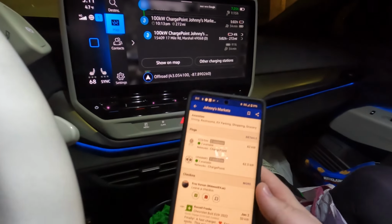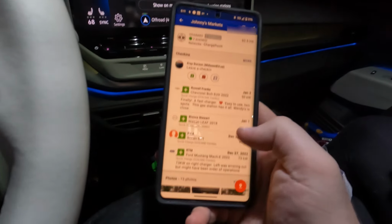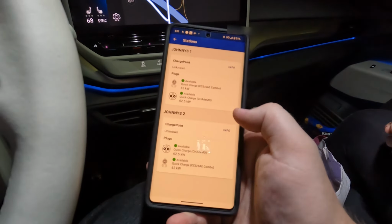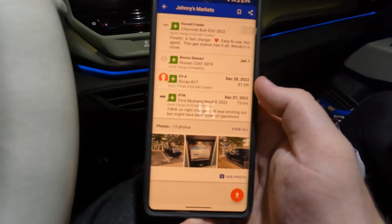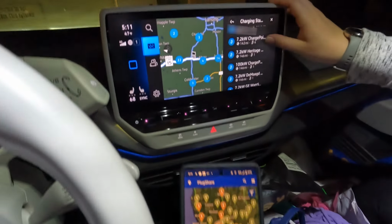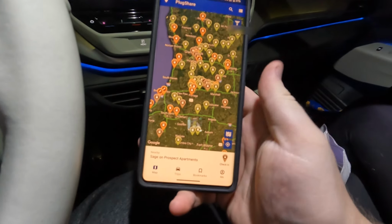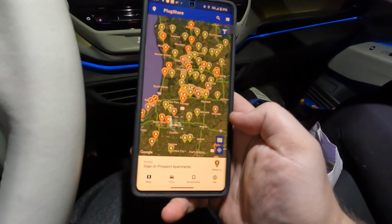Oh, see, this is wrong. Volkswagen says it's a 100 kilowatt charger. It's a 62. So that's kind of a big difference. Maybe it's in the app incorrectly, because our Rivian posted that they were able to get 81, but that might be because they have an 800 volt architecture. I am surprised that the nav is not preferring Electrify America, maybe because it doesn't want us to charge to 100 each time, which I'd prefer not to do, but if it gets us there faster...